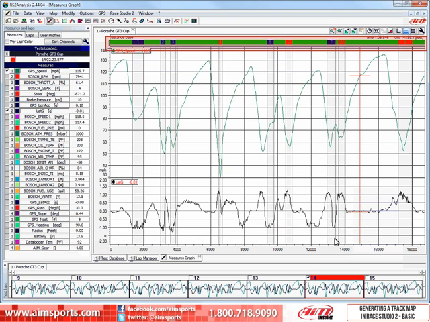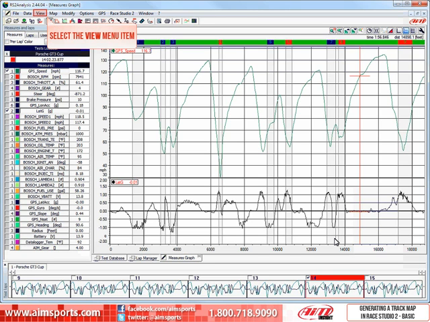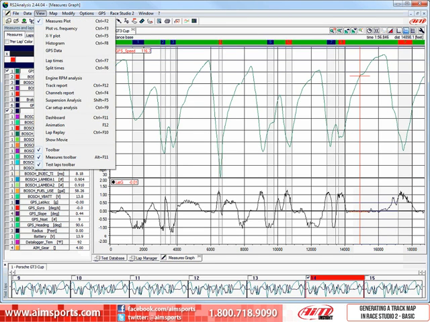The first thing we notice is the software is now showing the track segments we generated with our new track map above the main window. Also, now that we have an active track map, all of the functions requiring a track map should now be available for our use. Let's take a look to make sure. Let's select the View menu item. As you can see here, the split times, track report, and lap